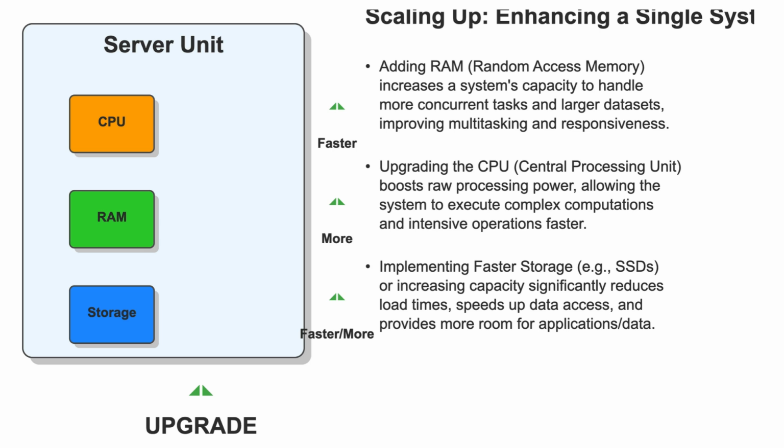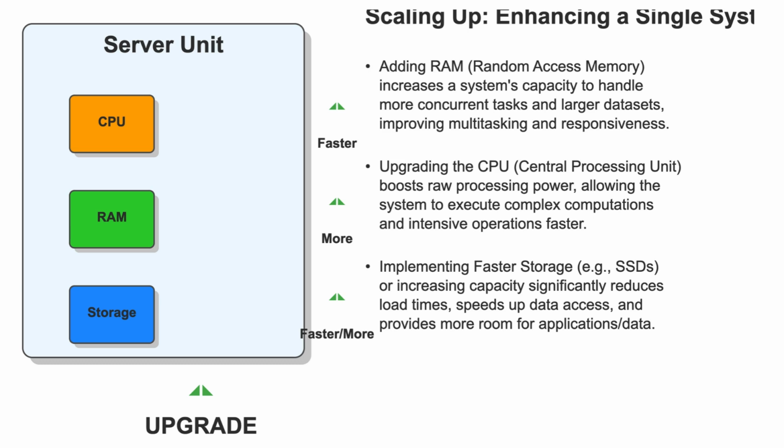However, vertical scaling has its limitations. The most obvious one is physical hardware limits. There's only so much RAM you can put into a single server, or so many CPU cores a motherboard can support. Eventually, you'll hit a ceiling. Another major drawback is that by relying on a single machine, you create a single point of failure. If that one powerful server goes down, your entire application goes down with it. There's no redundancy. Also, upgrading a server often requires downtime, meaning your service will be unavailable while the new hardware